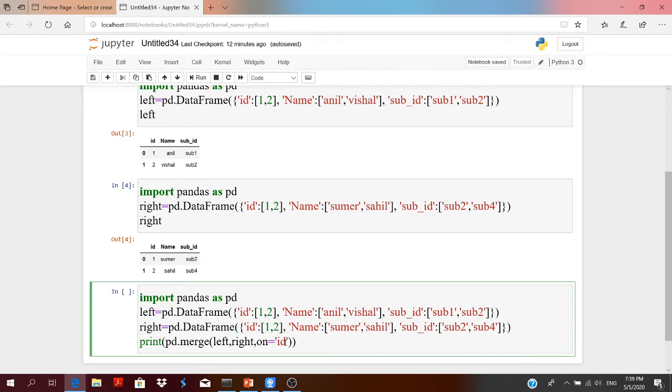Instead of ID, subject ID. Combining the data frame on subject ID.